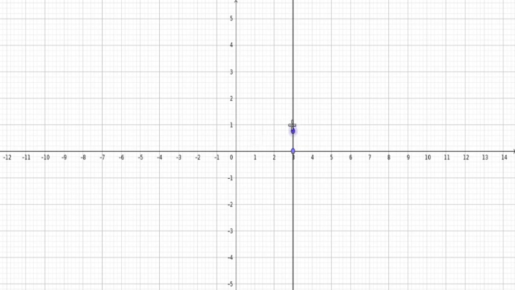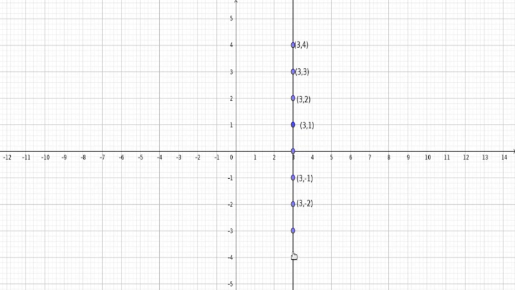See, what are the coordinates of this point? This point is (3, 1). Right? Next is (3, 2), the third one is (3, 3), then next is (3, 4). See, these are the points: (3, 1), (3, 2), (3, 3), (3, 4). And if we come to the fourth quadrant, the points are (3, -1), (3, -2), etc.